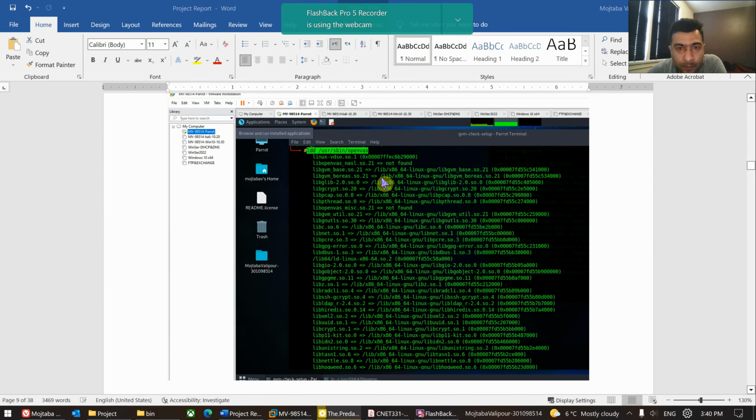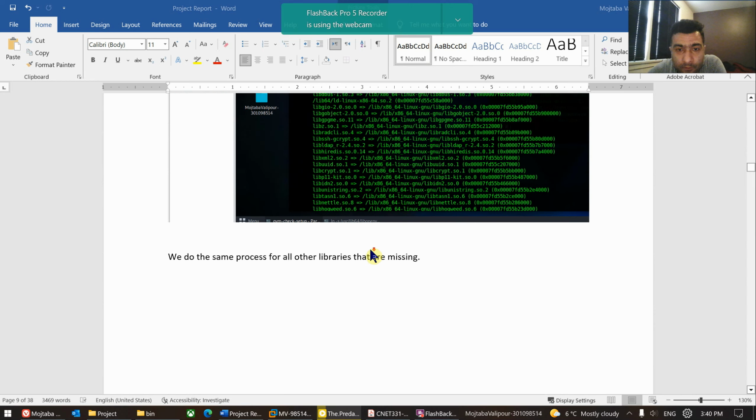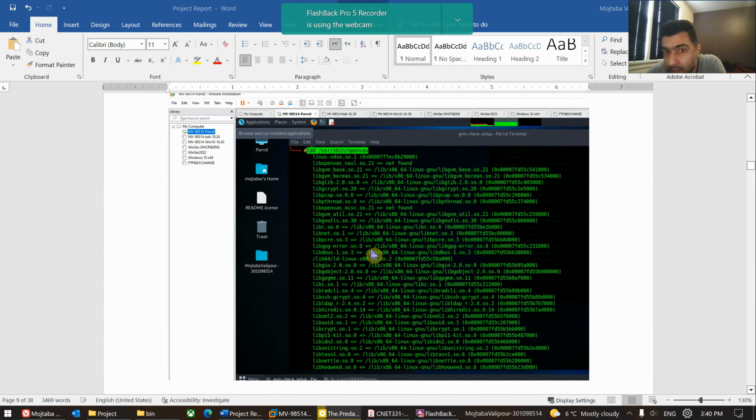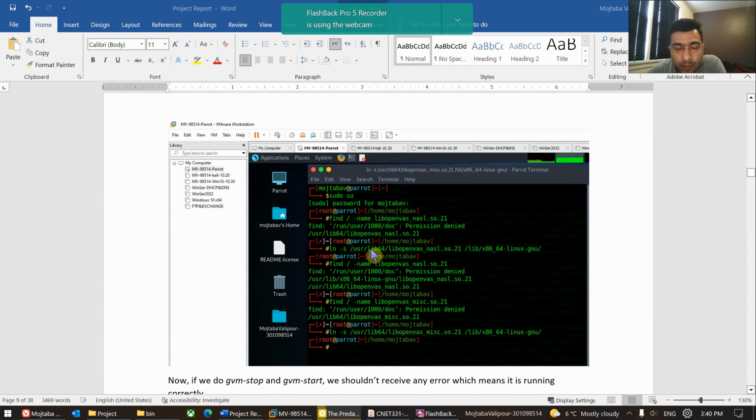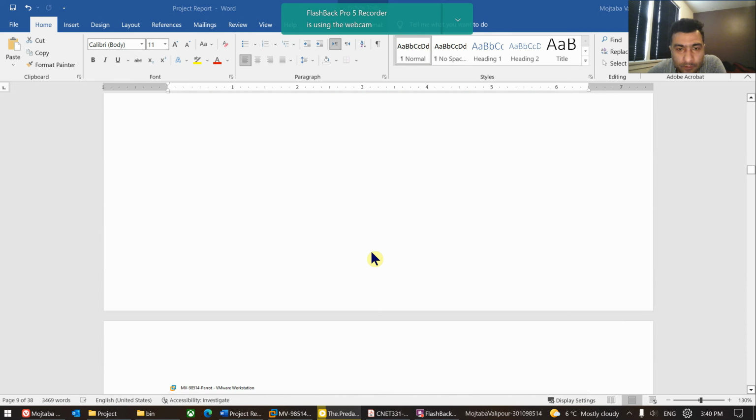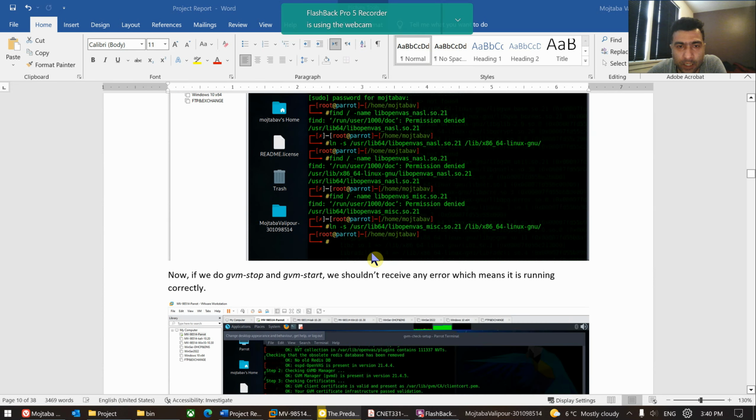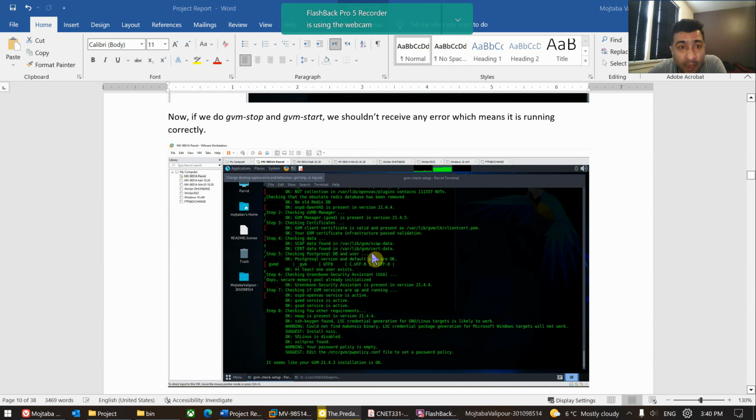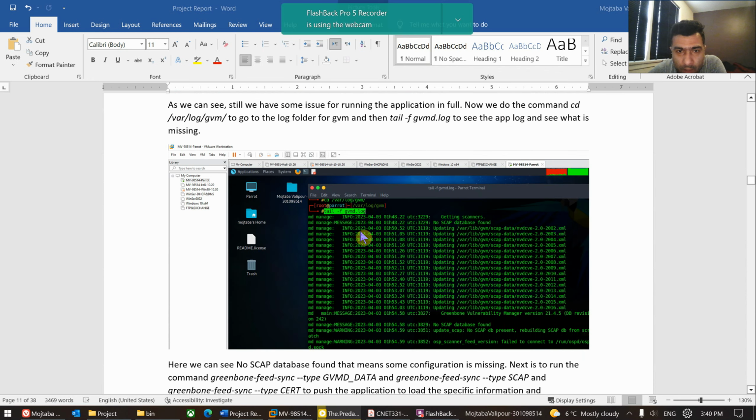Maybe there are libraries missing. We need to find the libraries with the ldd command, which shows "not found", so we can look for the library in another path and link that library to the main path so the application can be run properly. After that, we may see that some other information is missing. For example, if we run tail on gvm.log, we can see it says no SCAP database found,